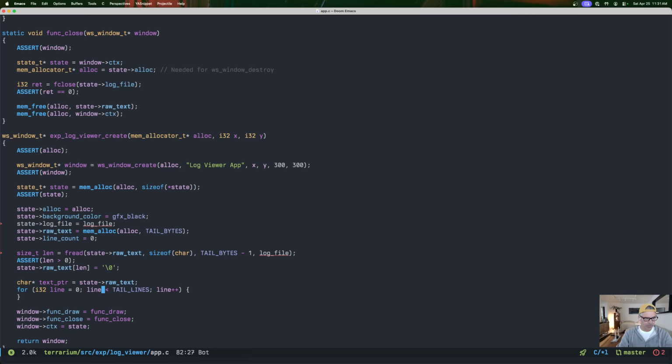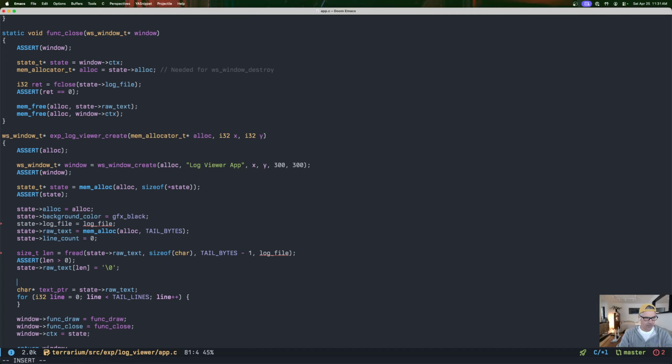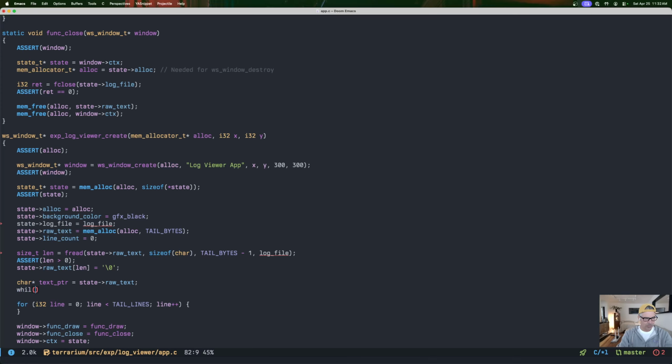Maybe you should be looping over this pointer instead of the line. I feel like this is more idiomatic. While you have that, and